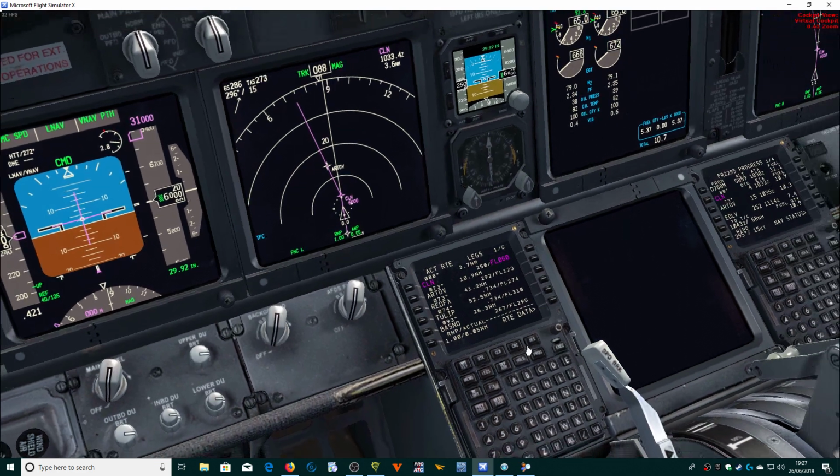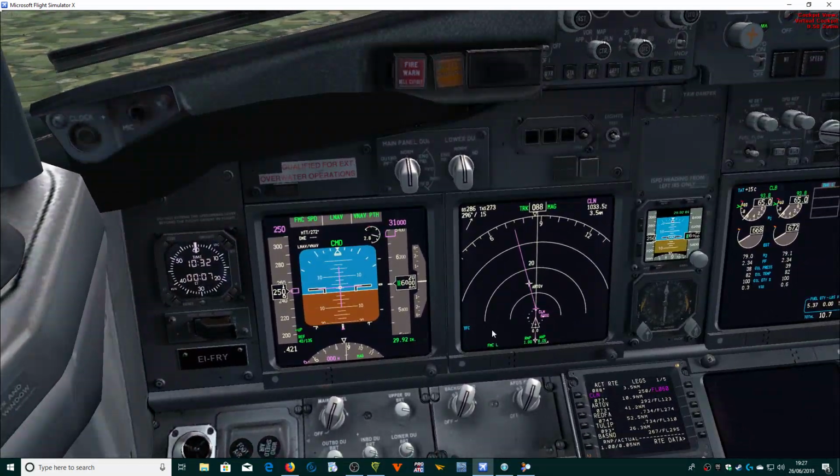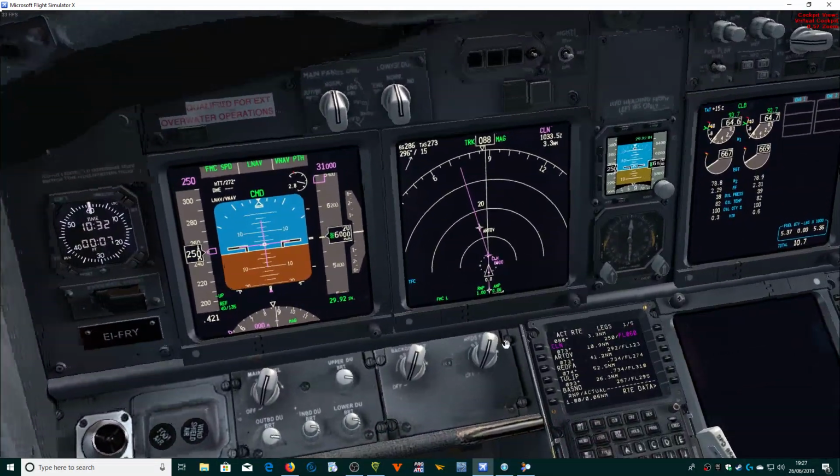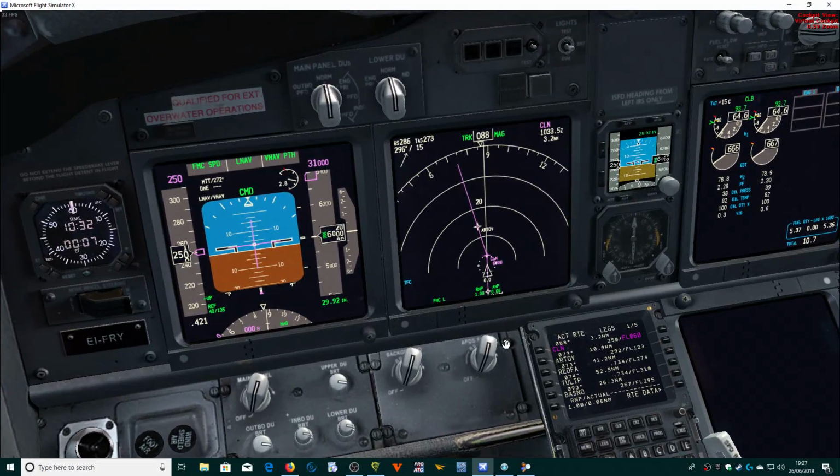So approximately 11:14 arrival. It's going to be 10:32 in the game, so I think we're estimating just about a 50-minute flight today. So I like the sound of that. We're not inside any kind of